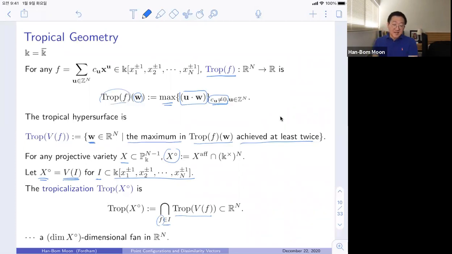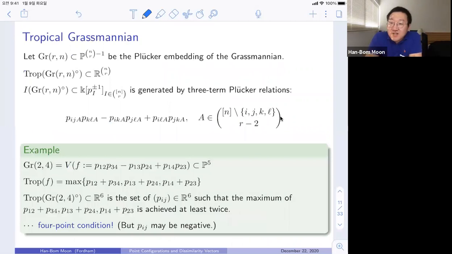Then it is a well-known fact that this has a fan structure in R^n, and the dimension of the fan is equal to the dimension of X circle. All right, so here is one quick example. Let's think about the tropical Grassmannian. The Grassmannian Gr(r,n), by using the Plücker embedding, is a subvariety of P^(C(n,r)-1). Then by using our recipe, we can describe the tropicalization of the Grassmannian,